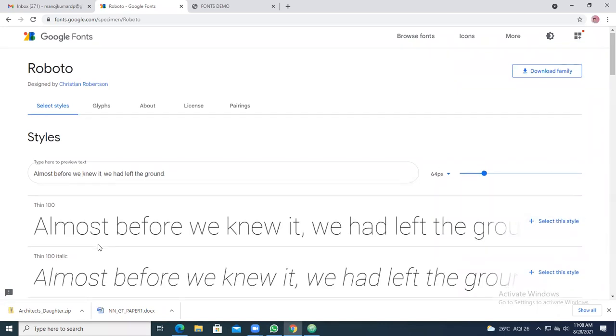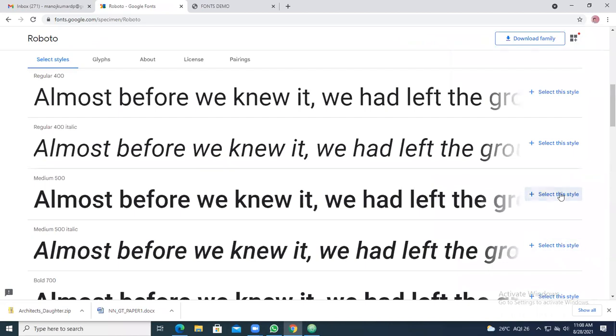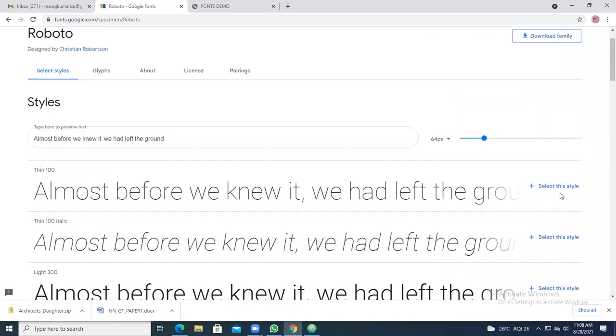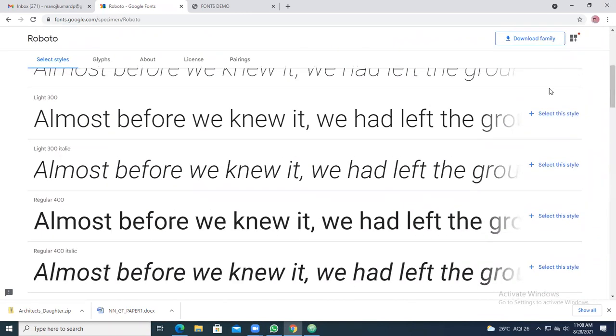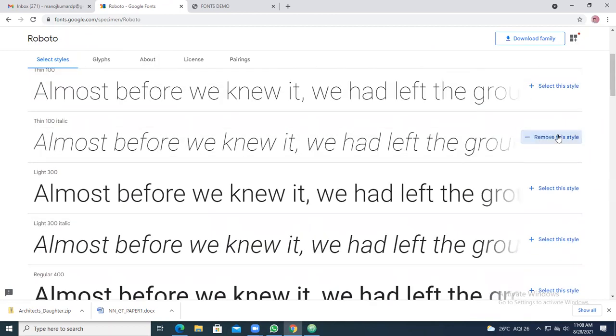Select style. So this is the demo of styles.